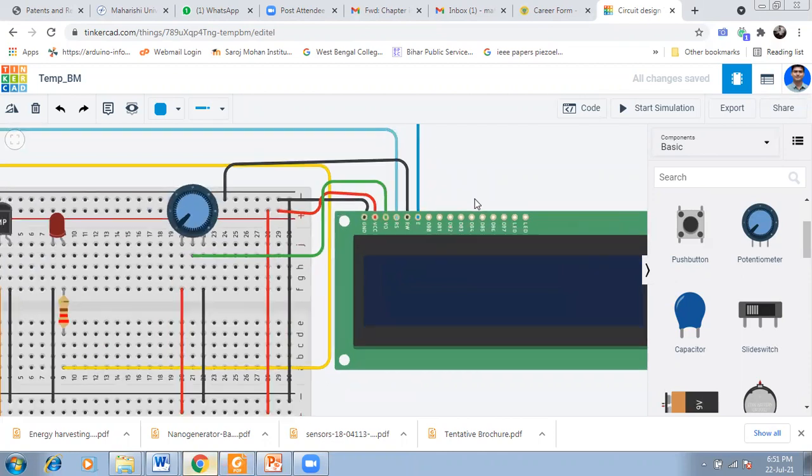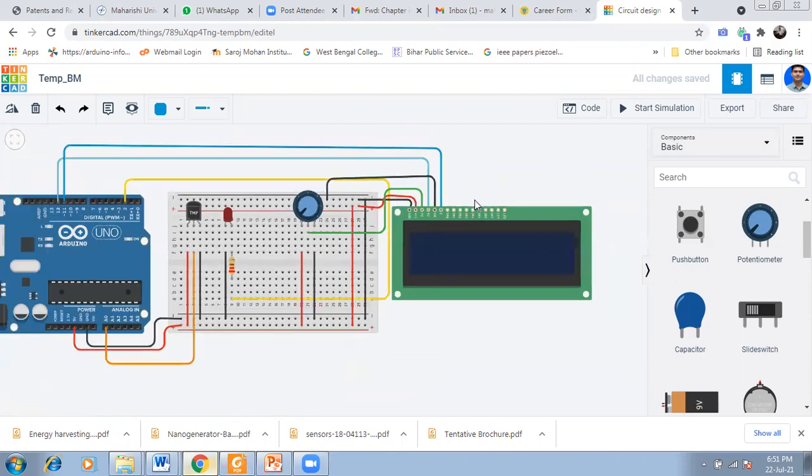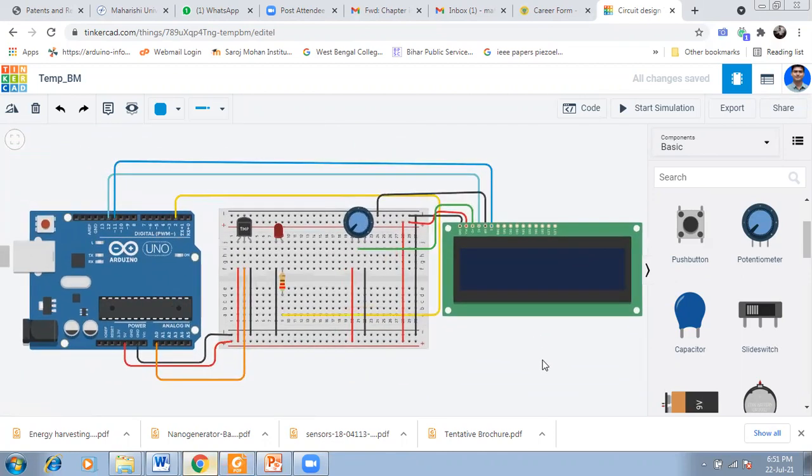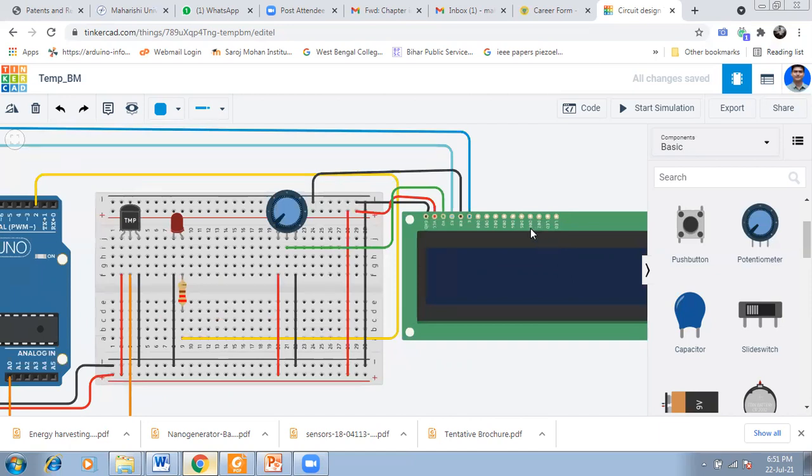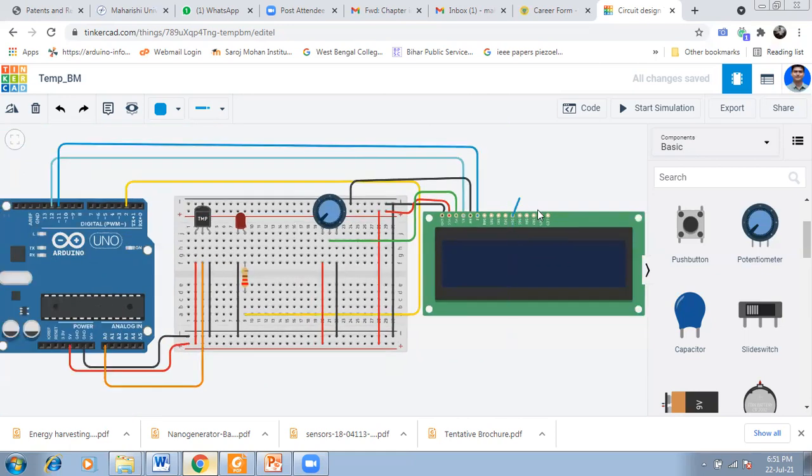4 is connected with 5. See, this is your 4.